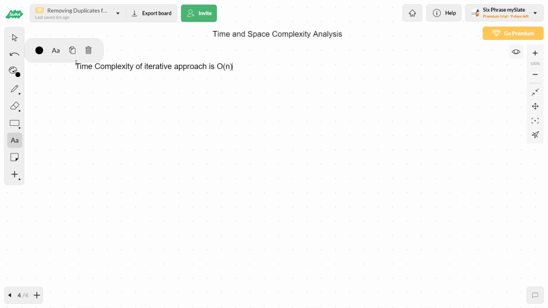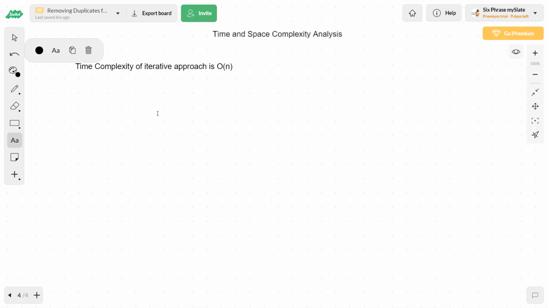One thing I'll tell you, even in the best case, even in the average case, even in the worst case, in all the cases it is order of n, because whatever the scenario might be, all the elements we have to definitely visit once. So all the n elements will be visited once, for which we need n unit, which will be order of n every time. So we're not going to classify it into best case, worst case, average case, because in all the cases it is going to have the same time complexity, right?